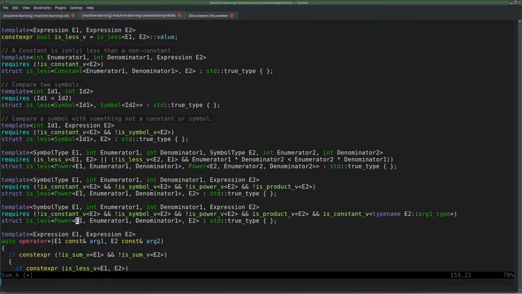So in this case I want E2 to be a product, so I'll just have to type it out here as a product. Otherwise it won't work. So that's going to be a product of E2 with E3 then. So now it's a specialization because this thing is more specialized than that. Ignoring the requires. And then I can use the requires to make sure that it is less than in the way I want to,